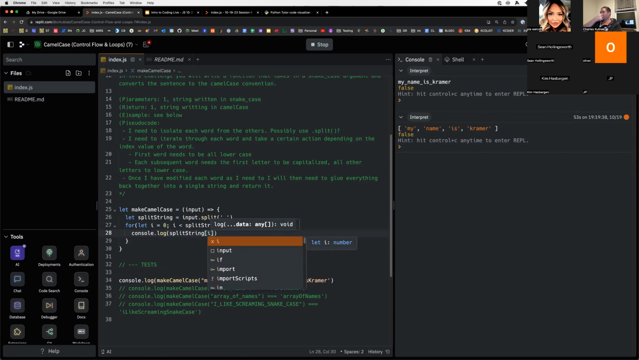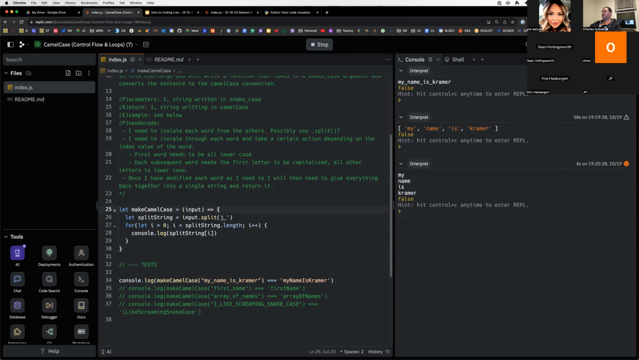And then I want to access each individual element, so I'll do that with bracket notation using my iterator. All right, so there, my name is Kramer. Now, we talked about this yesterday, where we can control where we start iterating, where we stop iterating, and how we iterate. Now, with the base solution of this,